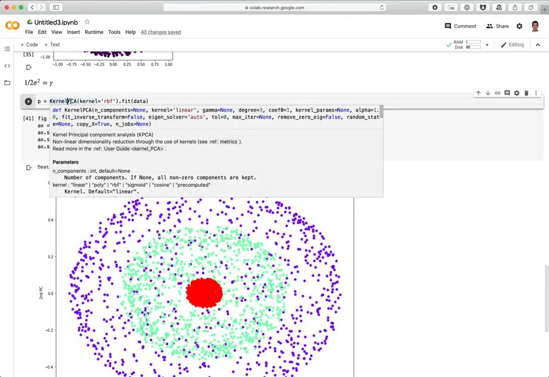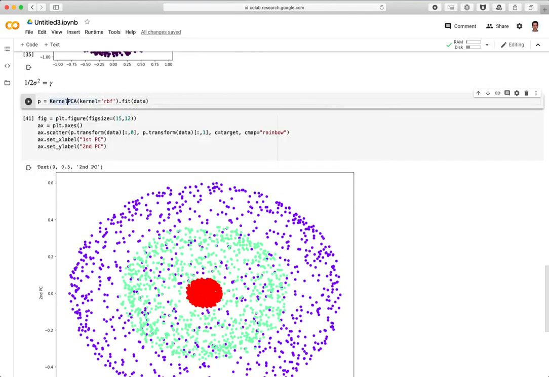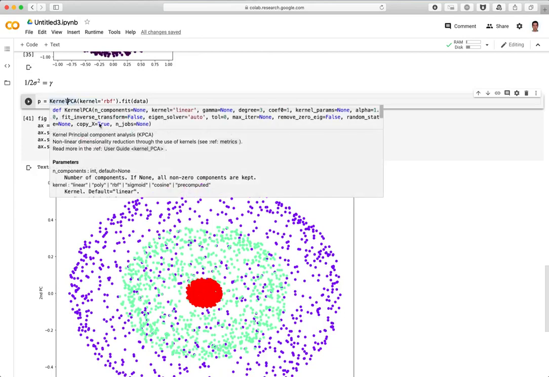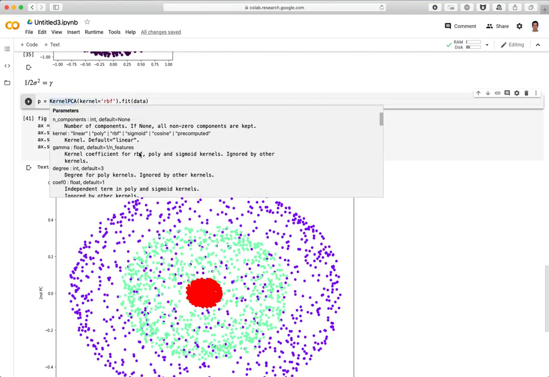You can always go to the documentation in these cases. Okay, so let's see. It has the kernel, and there it is, gamma. So if you don't give it anything, it says 1 over number of features. So in our case, number of features, since this is three-dimensional data, is 3. So it's taking a gamma of 1 over 3,